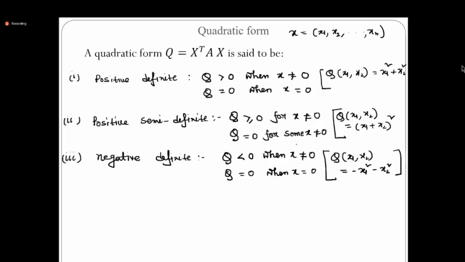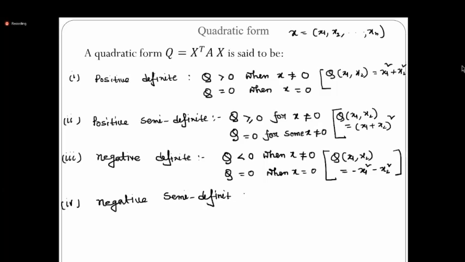One thing I hope you have understood is that if you have found any positive definite, then the negative of that function will always give you the negative definite. And the other way also: if you have found a negative definite, then if you multiply it with -1, that will give you the positive definite. Okay, so the fourth one, negative semi-definite.